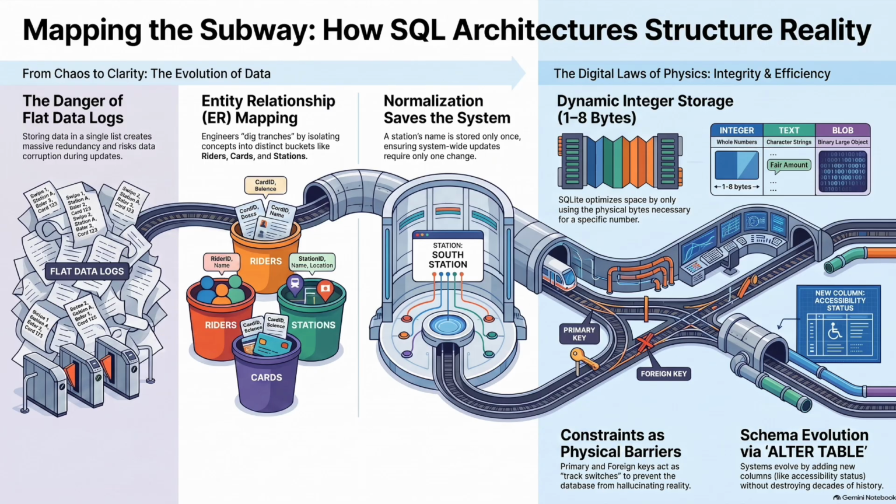This connects so beautifully to one of the historical images provided in the sources. There's this incredible black and white photograph from November 2nd, 1896. Oh, the subway construction photo. Yes. It shows the physical construction of Section 5 of the Tremont Street subway in Boston, and you see these men literally digging deep trenches in the dirt. They're putting up heavy timber to shore up the walls, physically routing where the early streetcars will eventually pull into Park Street Station. It's such a powerful visual metaphor for database design, because you aren't just filing papers, you are